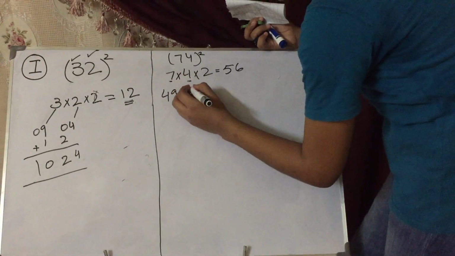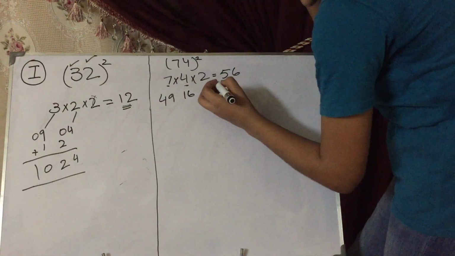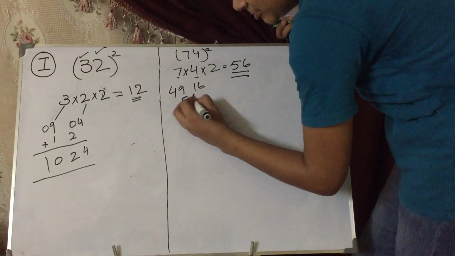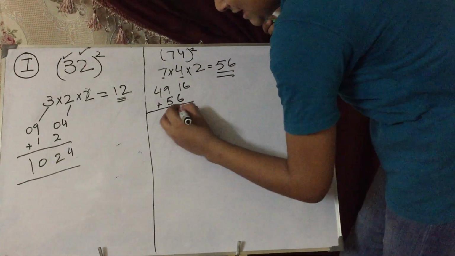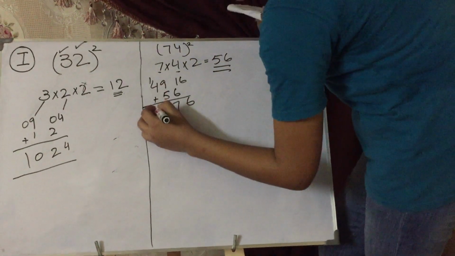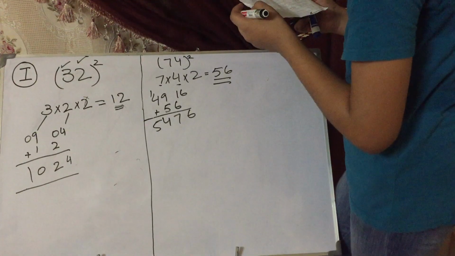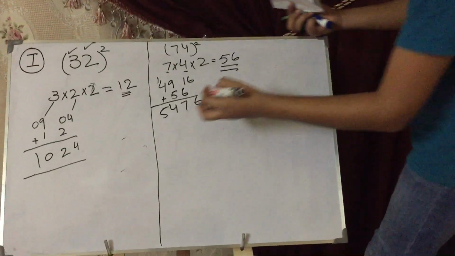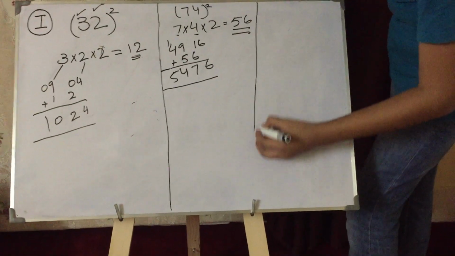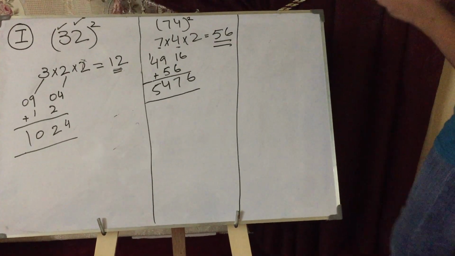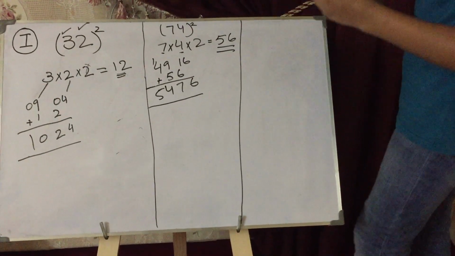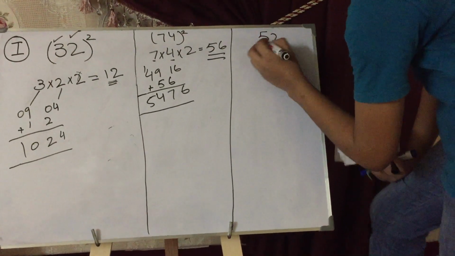And the square of 4 is 16. This middle number we carry between these two numbers. We will add it: 6, 7, and 10, 11, 12, 13, 14. The answer is 5476. Yes guys, 5476. And let me tell you, all these numbers I am taking are checked from the calculator. One more example, and after this we will solve in seconds.